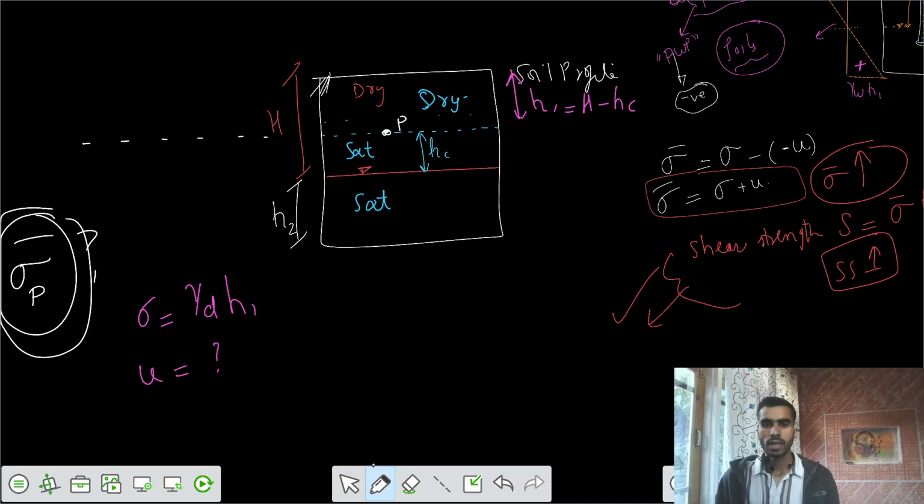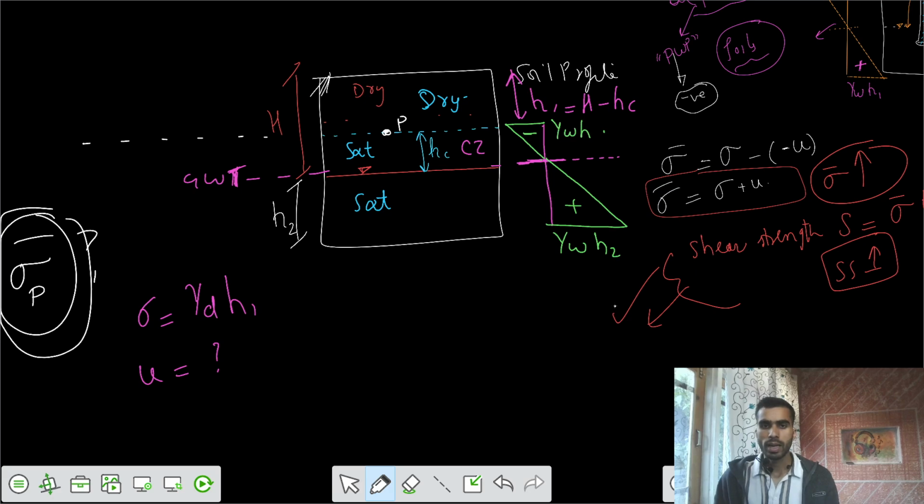If I have the variation that this is your capillary zone, the pressure here would have been zero. At the groundwater table, your pressure would be zero because it is at the atmospheric level. The pressure above would be negative because of the pore water pressure in the capillary zone, that is negative pore water pressure. So the variation for the pore water pressure is gamma W into H2, and this one is gamma W into HC. So the pore water pressure at that point P would be negative gamma W HC,